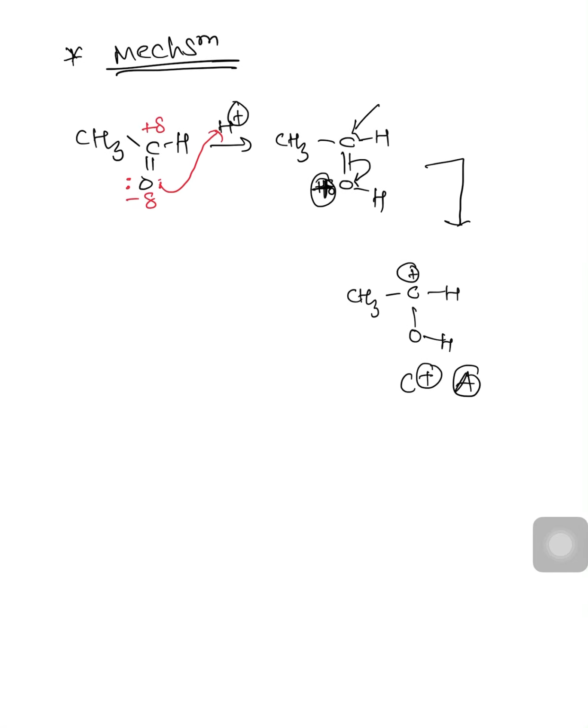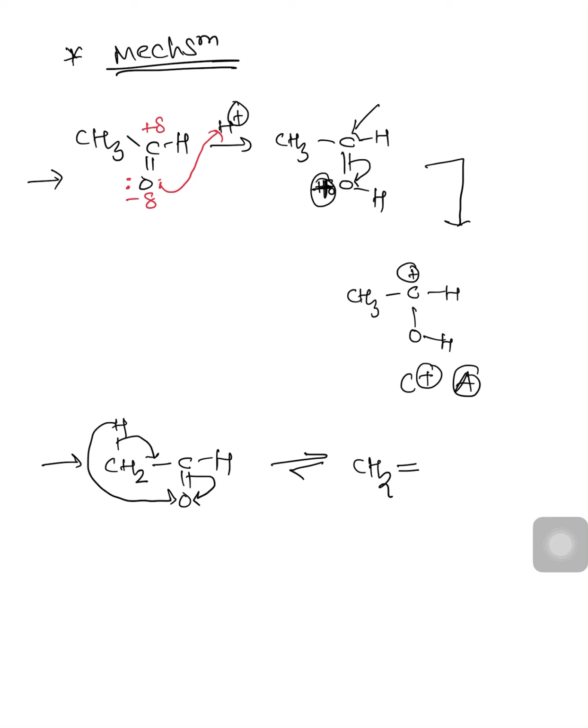Now in the second step, what happened? See, the second mole of aldehyde. Here I am purposefully writing one hydrogen of the CH3 group upside. Why? Because I want to rewrite the structure in a keto-enol tautomeric form. So this is the ketone form. It will rearrange to form the enol form. This structure can be rewritten as CH2, there will be formation of a double bond with CH, and oxygen will now have an OH group. So this is the enol form.